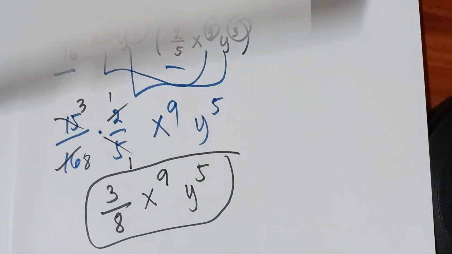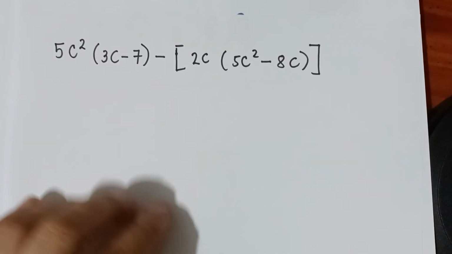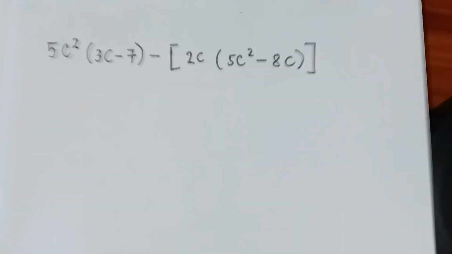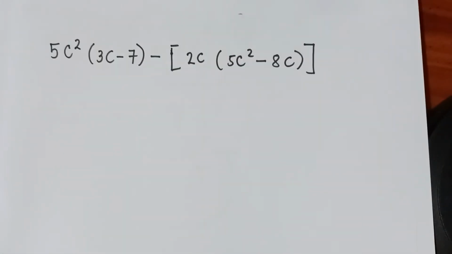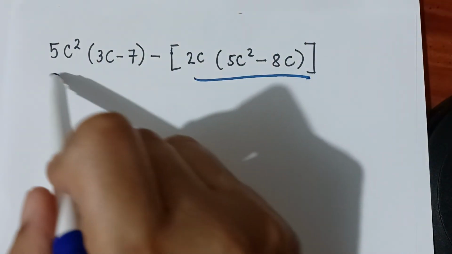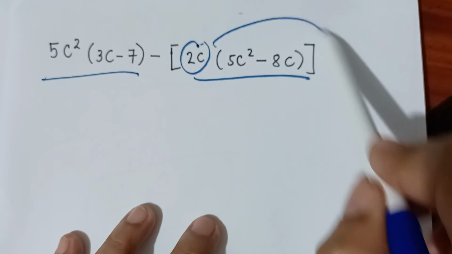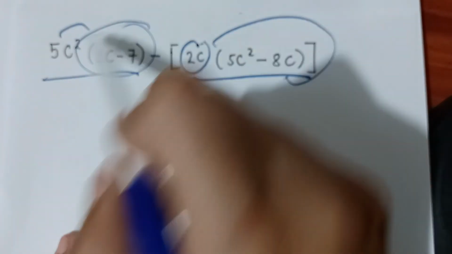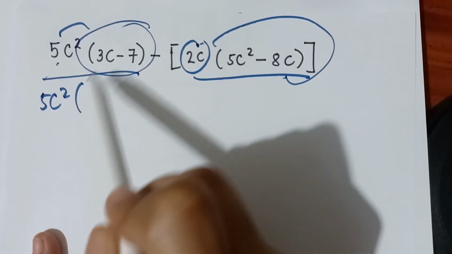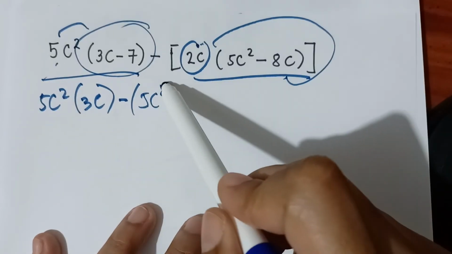Okay, next, last. So what if ganito naman siya? So, as you can see here, meron tayong double. Okay? Monomial times a binomial and another monomial times a binomial. So, pag ganyan, ang gagawin natin, unahin natin yung nasa parenthesis na to. Okay? Sisimplify muna natin yan. So, paano natin isi-simplify? I-distribute natin tong 2c dito sa lahat ng yan at itong 5c dito sa lahat ng yan. Okay? So, doing that, meron tayong 5c squared times 3c minus 5c squared times 7